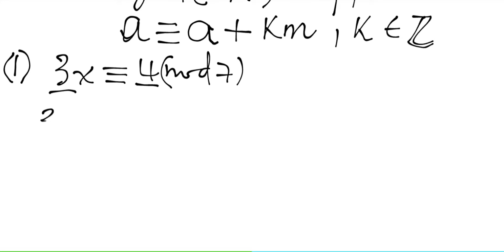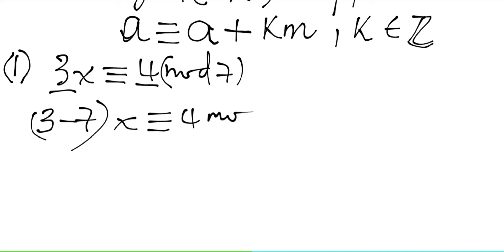So in this first trick, I'm going to subtract the modulo, because I've observed that if I subtract the modulo from the coefficient of x, I will get an integer that is able to cancel on both sides of the congruence. That is the trick. So this will be 3x minus 7x congruent to 4 mod 7,